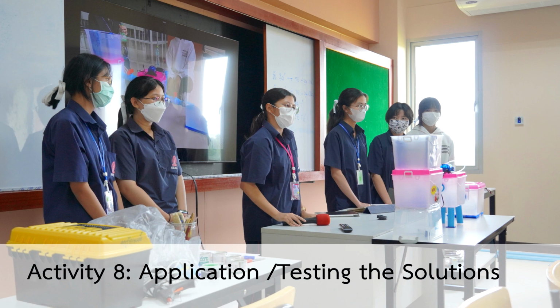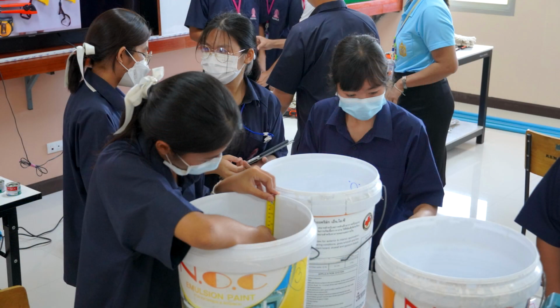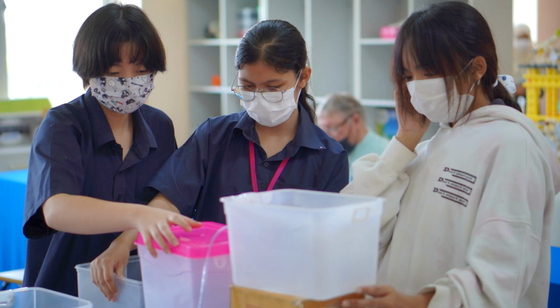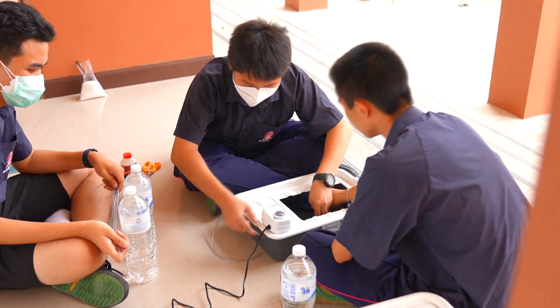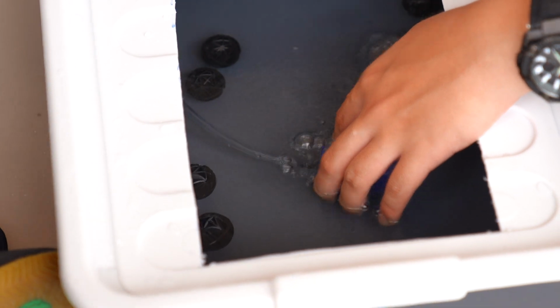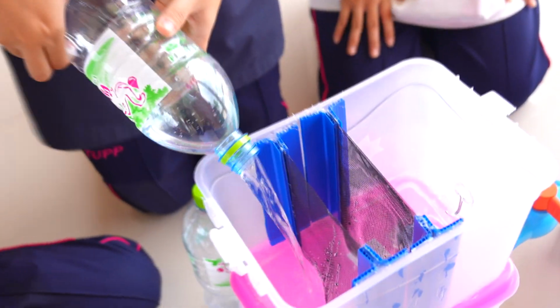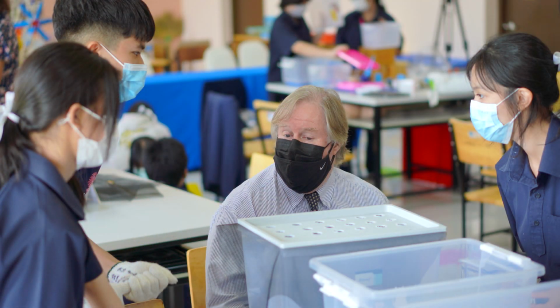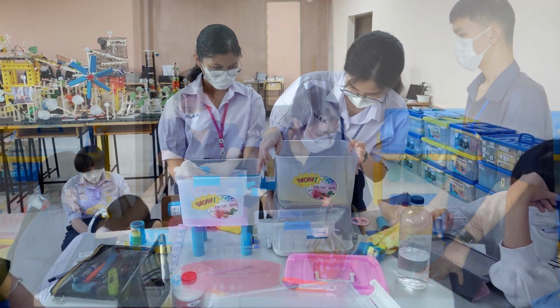Activity 8. Application or testing the solutions. 8 hours. Every group of students creates the wastewater treatment system model as they designed. Then, they test the flow of water in the wastewater treatment system, record the test results, and identify any problems with STEM teachers giving advice. Students revised the first wastewater treatment prototype, then took the new prototype for a second test,